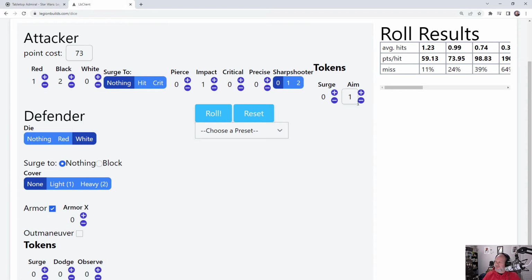But what about even if you have the aim token? What about armor? So white, surge to block. Well, there we go. We have our armor numbers. You don't want to be shooting against...